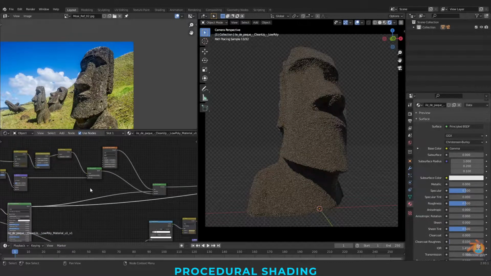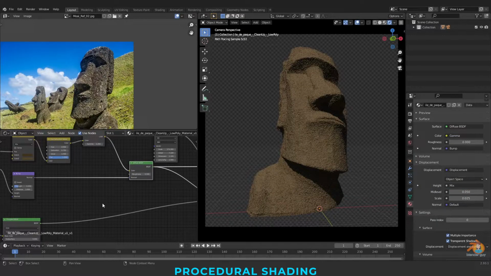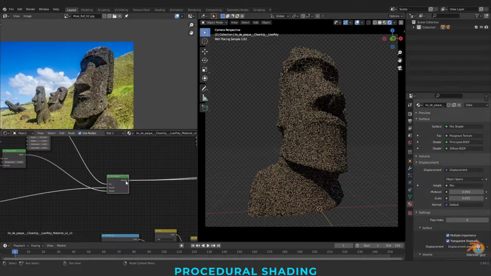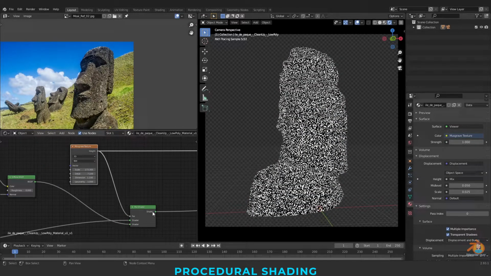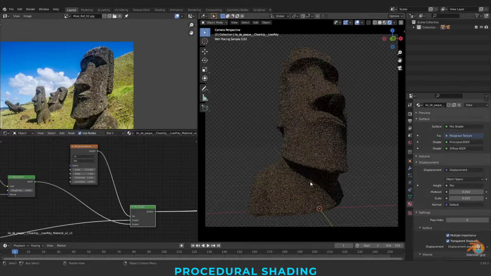On the top of the rock we have added another rock pattern, and we have blended both here. We used this as a mask.